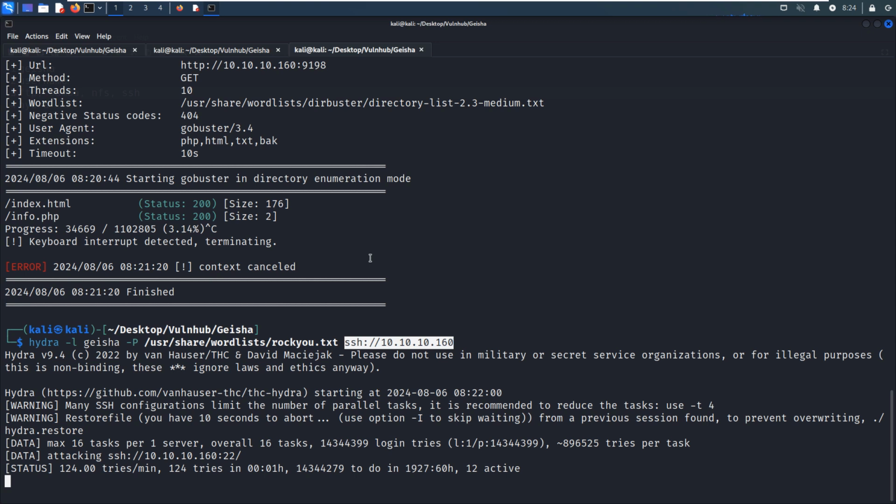We can give it a bit of time to see whether we can make a successful attack on the SSH service and retrieve a valid combination of username and password. If we can, then we can go ahead.